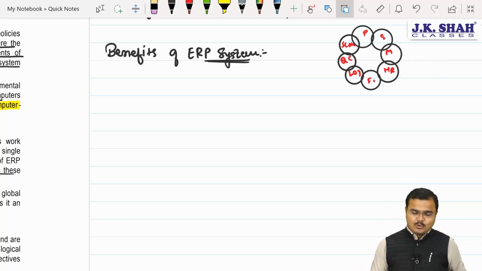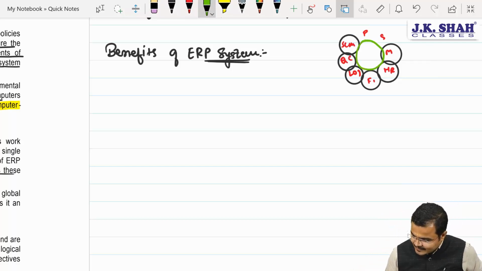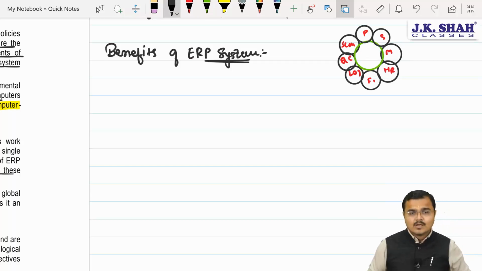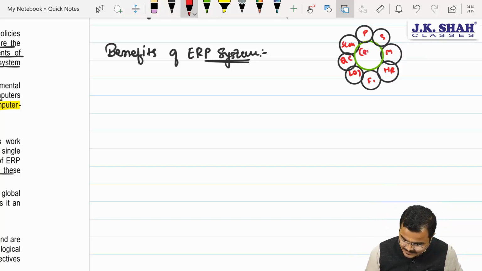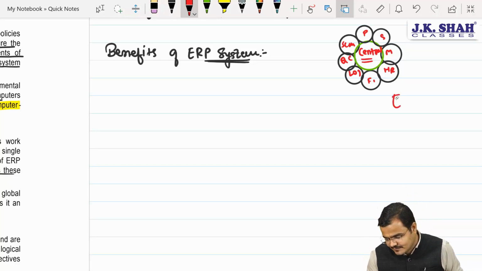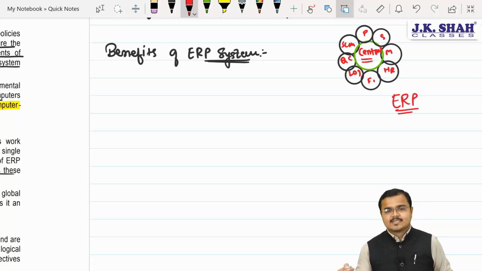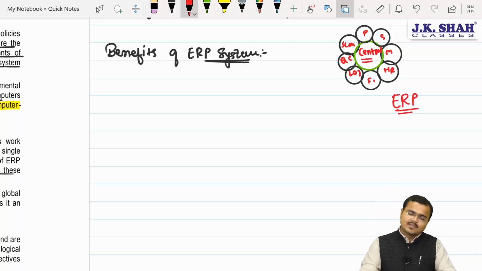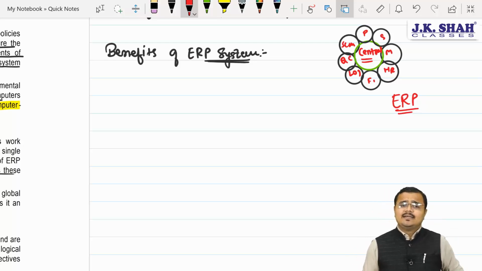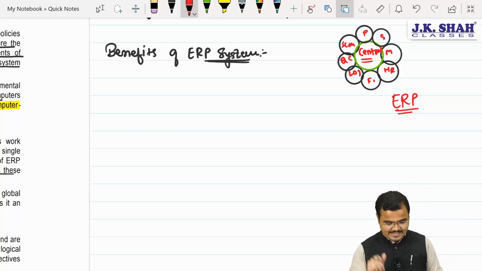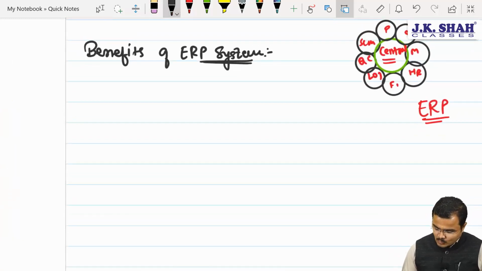And to these departments, we are managing what? Sir, we are managing purely a centralized database system. Understood? Yes, sir. And that is the system which is popularly known as what? Sir, ERP. Agree, Chartered? So all the departments in an organization are using what? Sir, a single database. Am I very clear to you? A centralized database. Correct, Chartered. Say this: benefits of the ERP system. What are the benefits?